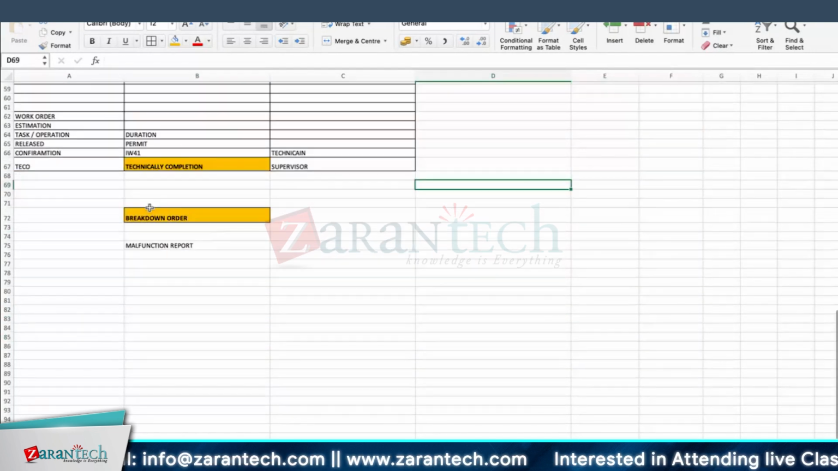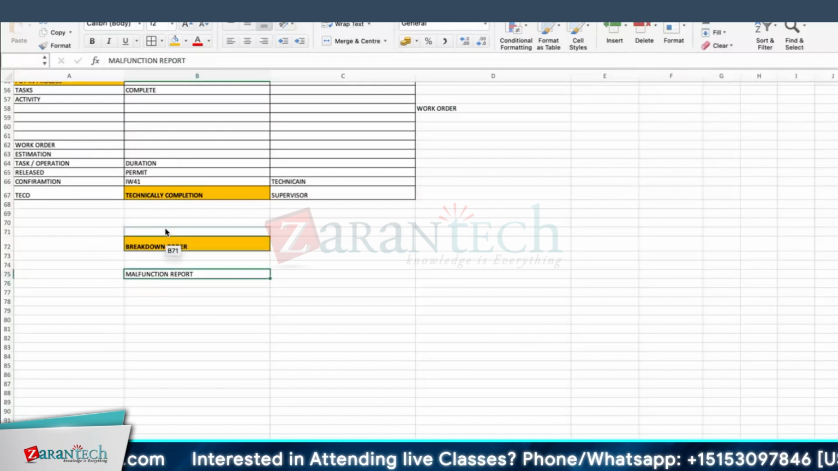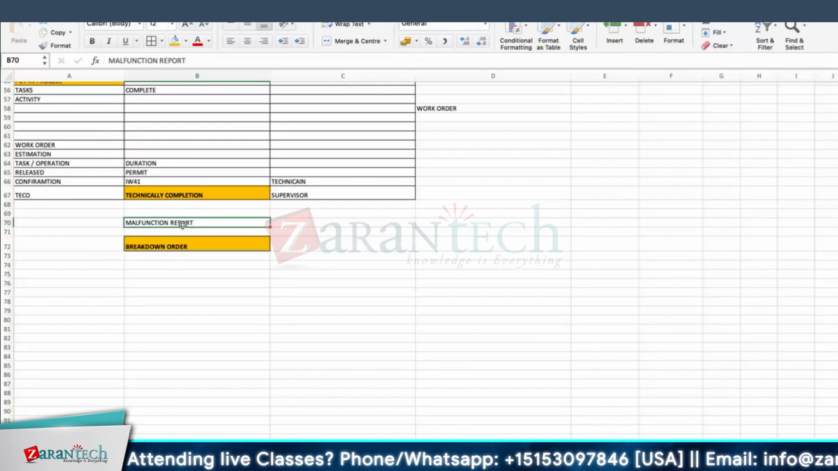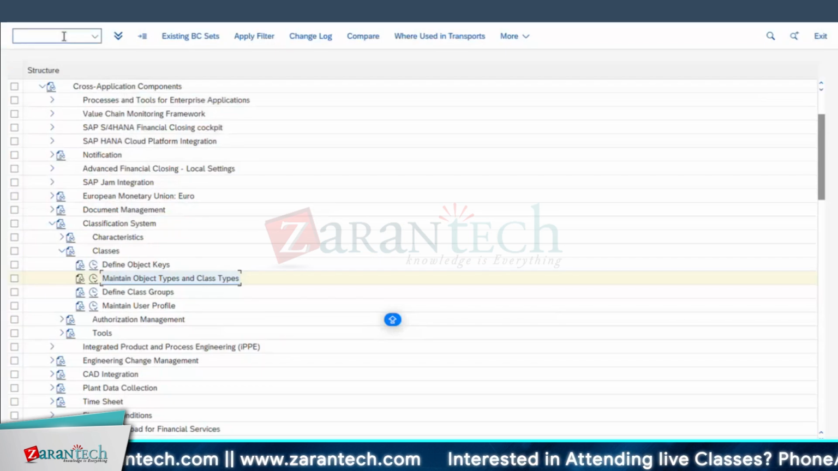So we will go for any work order. Let me go for a breakdown work order. For the breakdown work order, the triggering point is the malfunction report. This is my notification type, right? Last time we saw one notification type, M2. So normally we'll refer to